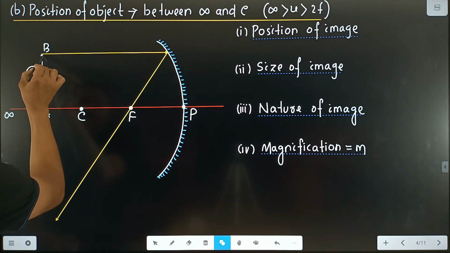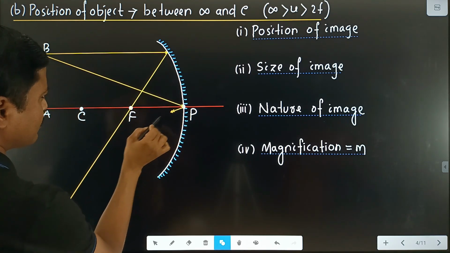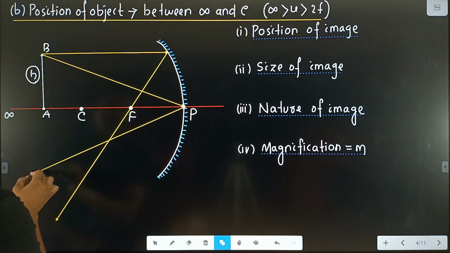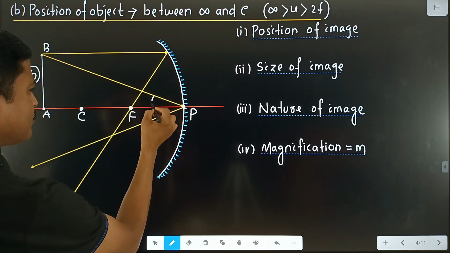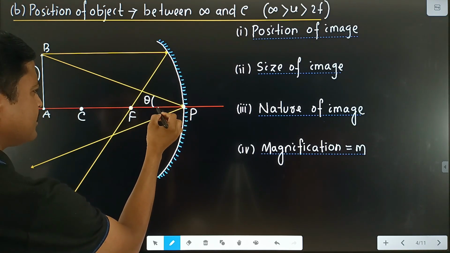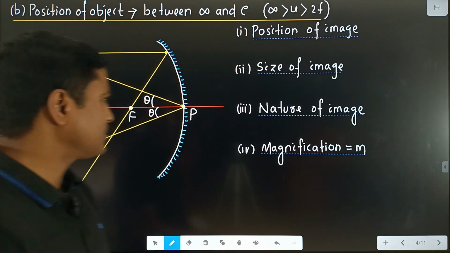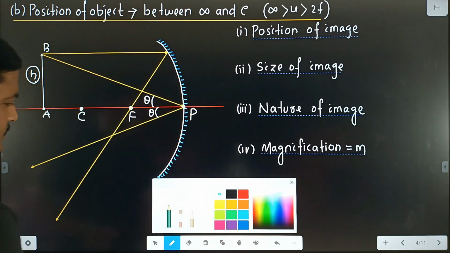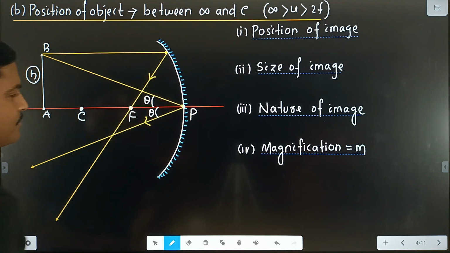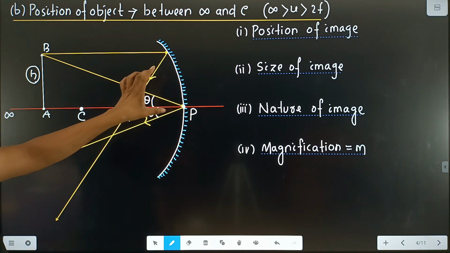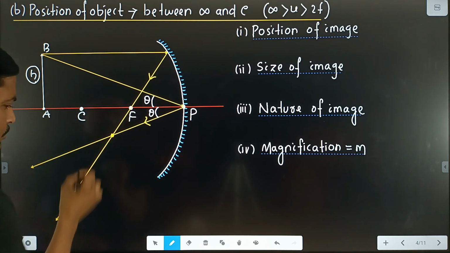And the second incident ray is also there. The second incident ray from point B moves towards the pole, and after reflection the ray returns back with the same angle. Same angle means, suppose this angle is equal to theta, this is the angle of incidence, and this angle is also theta, that is the angle of reflection. And both the reflected rays, this is the first reflected ray, this is the second reflected ray, both converge with each other and meet at a point. That means the image is formed at this point,